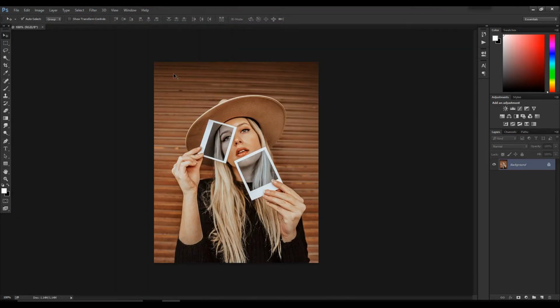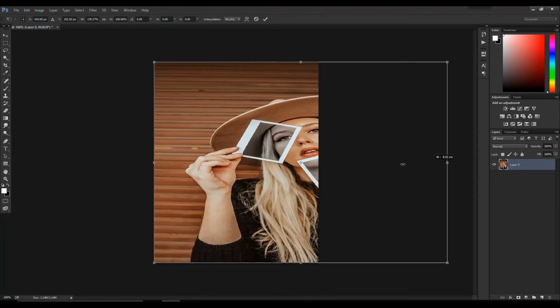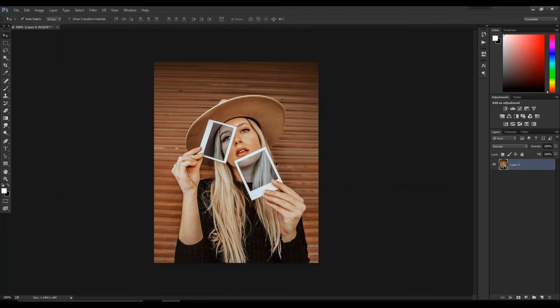Now as you can see, this is in portrait mode. Now let's say I want it to be in landscape, that is, I want the human figure to be fixed and the rest of the background to be stretched. So how can we do it? See, simply if we stretch using the transformation tool, you can see the whole image will be stretched out. So how to avoid this and how to do it in a very precise way, let me show you.